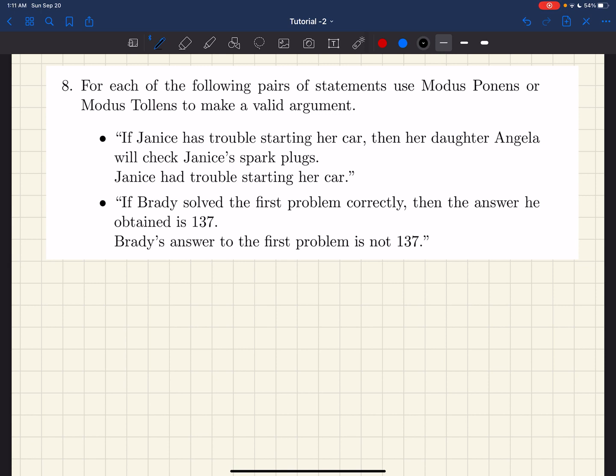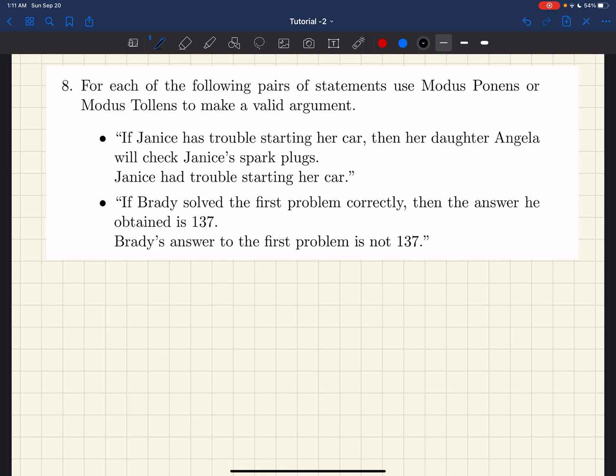For each of the following pairs of statements, use modus ponens or modus tollens to make a valid argument. The first one states, if Janice has trouble starting her car, then daughter Angela will check Janice's spark plugs. And Janice has trouble starting her car. So let's say,